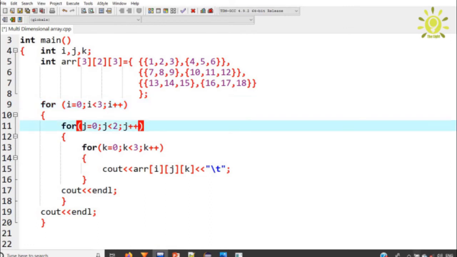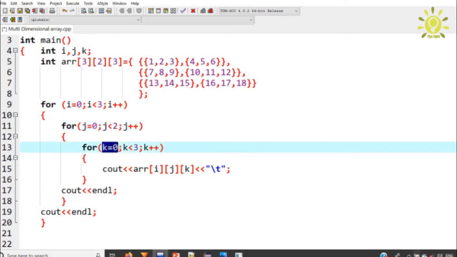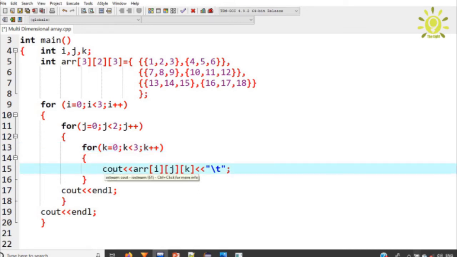So here you can see that j is equal to 0, so 0 is less than 2. The condition will be true, so control moves into the inner loop. And here again k is equal to 0 and k is less than 3, so 0 less than 3, the condition will be true, so control moves into the body of the inner loop.